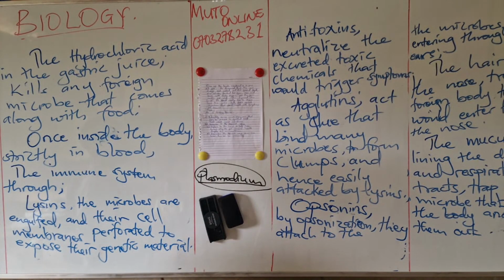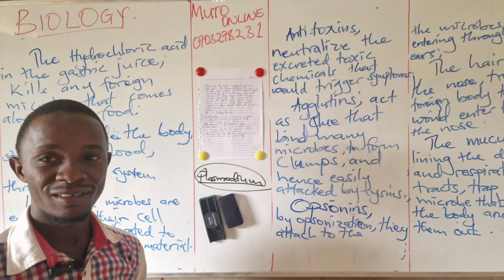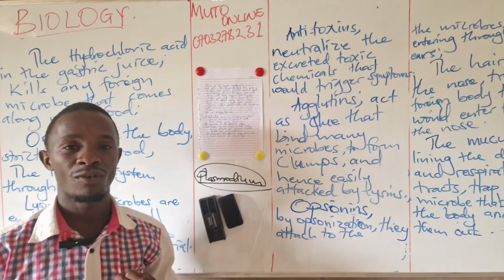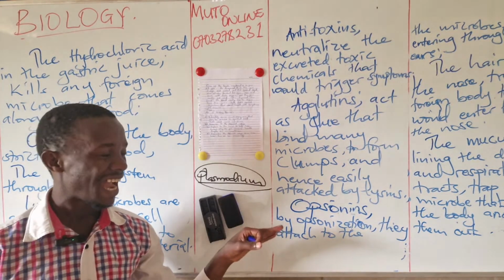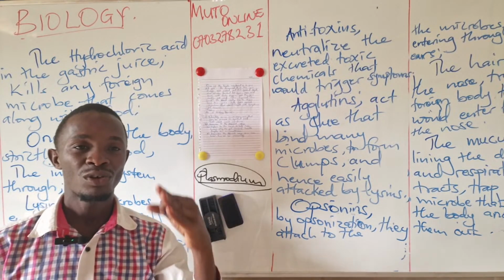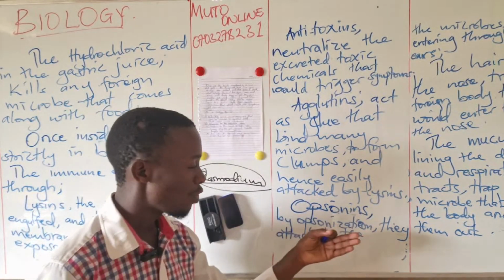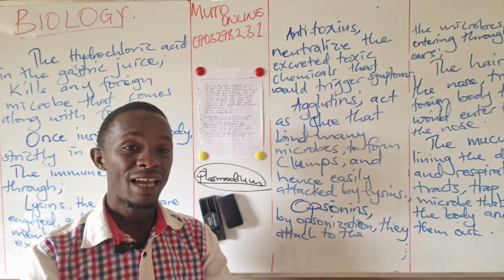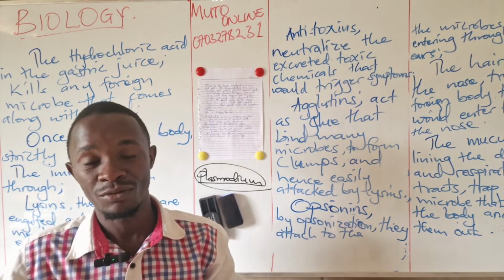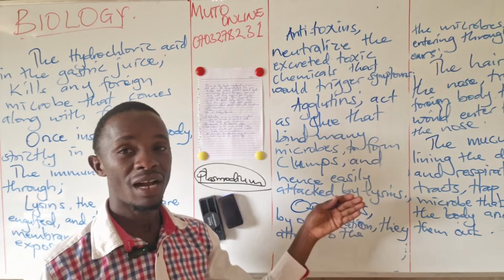Like when you all put on blue, they will all know that you belong to a certain political party. The blue color you put on, in a dress, a shirt, or an overall, is a marker showing which political party you belong to. So what the opsonins do is come and attach to these microorganisms and make them easily seen by lysins that will come and destroy them. These are the different cells that make up the immune system.